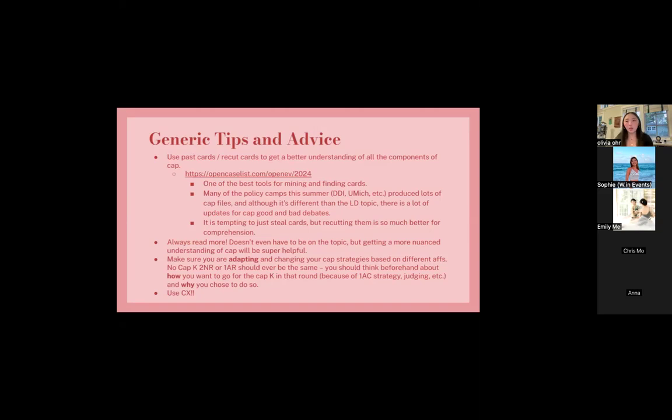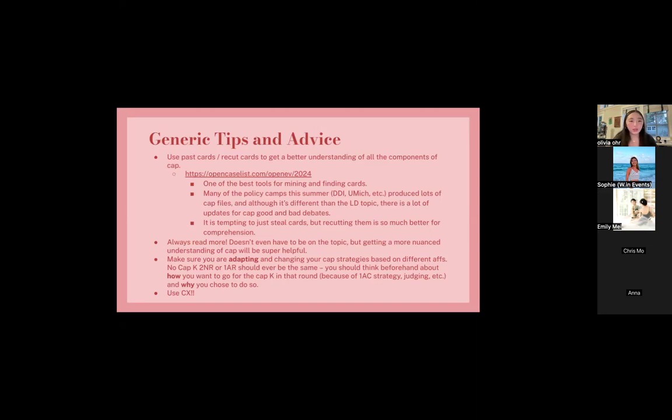On the AF side, you should be thinking about what your ideal 2AR in that debate will be. You should think about the specific affirmative that you read. Like if you read a growth good AF, then it probably doesn't make that much sense to go for a link turn. Or if you read a hedge good AF, maybe it makes a little less sense to go for a link turn. So if you know the 2AR wants to be cap good, then that should be the way you're investing your time. Throughout the lecture I explained how you could differ or change things up on both the AF and the neg, so you should be thinking about that throughout your strategic considerations.